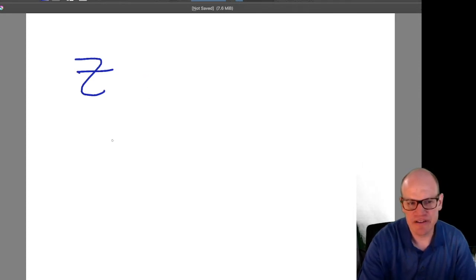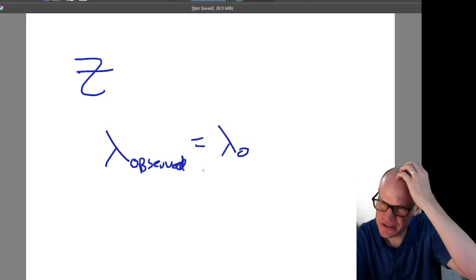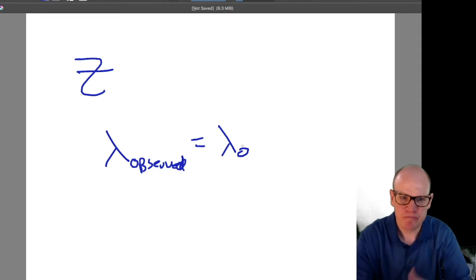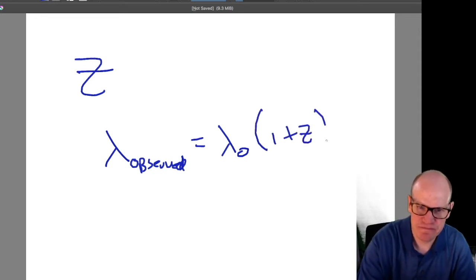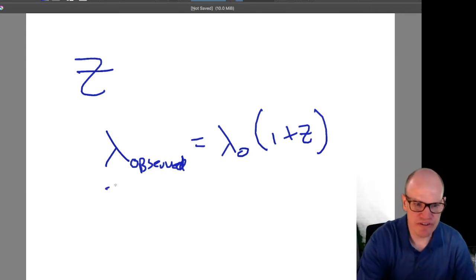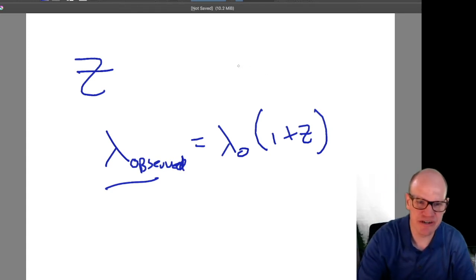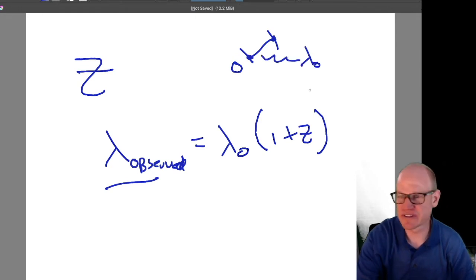And the wavelength that something has, so this is like the observed wavelength, is equal to the nominal wavelength, so the wavelength that you measure at rest in a laboratory, times 1 plus Z. Okay, so at redshift of 0, which is what we have today, then the wavelength that you observe through some process, so suppose you're looking at a transition in a hydrogen atom. So here's your hydrogen atom, you're looking at a transition from one excited state to another excited state. That's going to emit a photon with wavelength lambda naught.